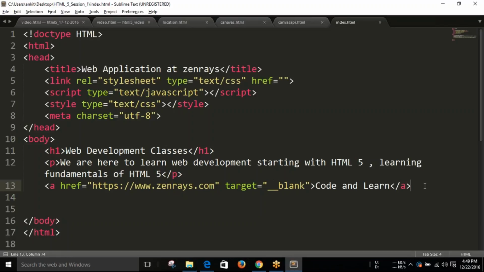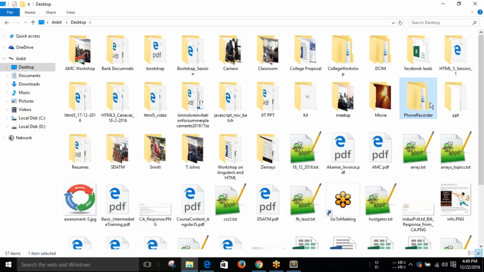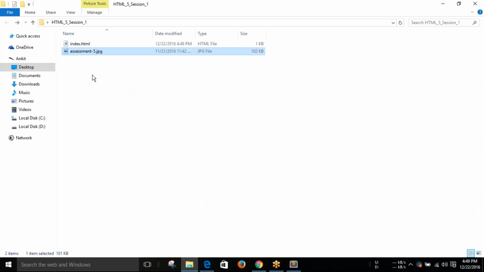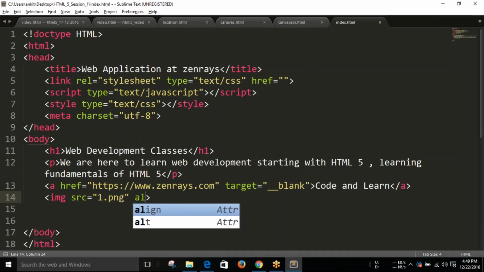Clear? Now this is very basic, guys. These are not HTML5, but just the first class. This is a glimpse, right? Image, SRC. You can use any images if you have any. Do I have any images? I'll take this. Okay. Let's rename this. I write one.png and I'll give an alternate tag. What is alternate? If the image is not identified by the browser, this text should be printed. So I write